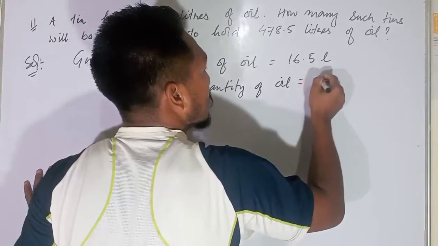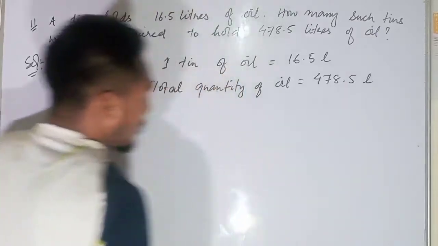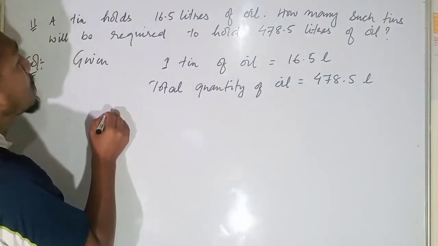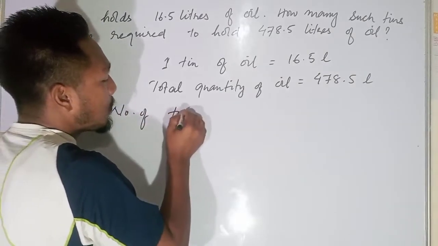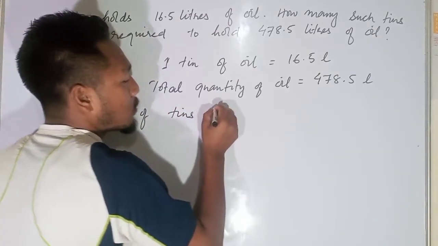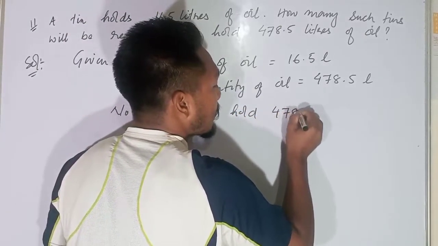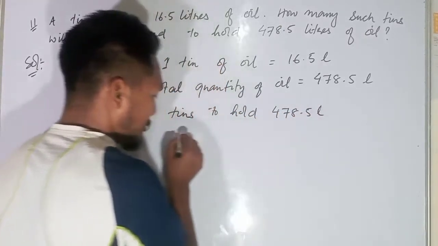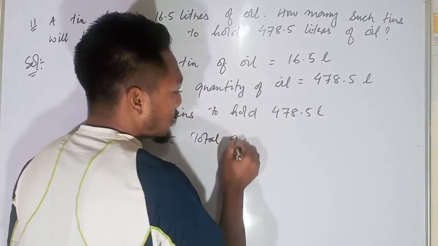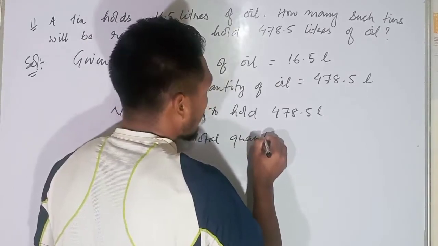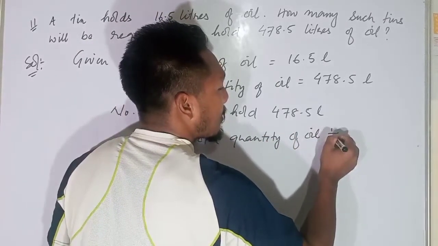Total quantity of oil is equal to 478.5 liters. So the number of tins I have to find. The number of tins to hold 478.5 liters is equal to the total quantity of oil divided by